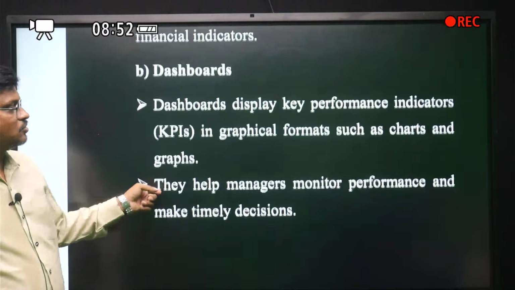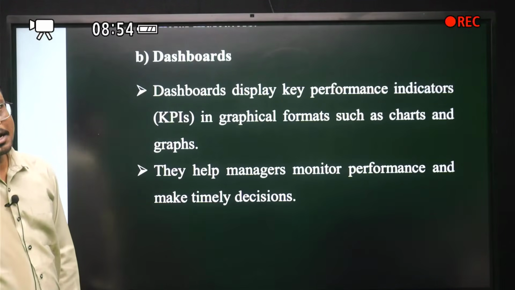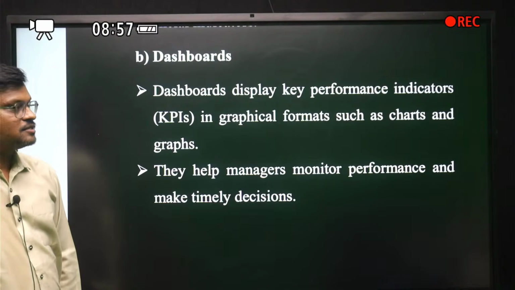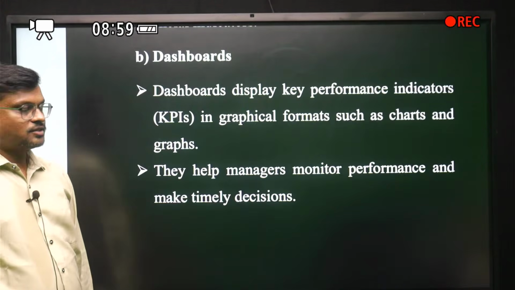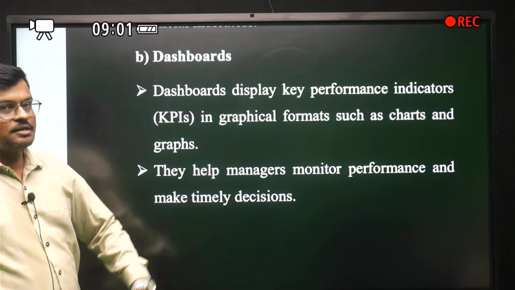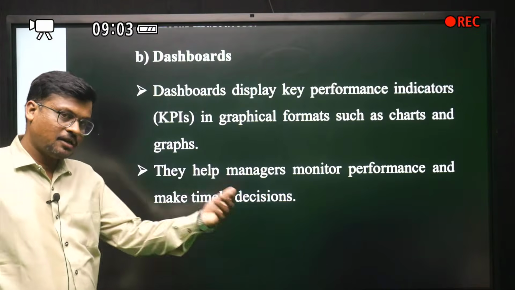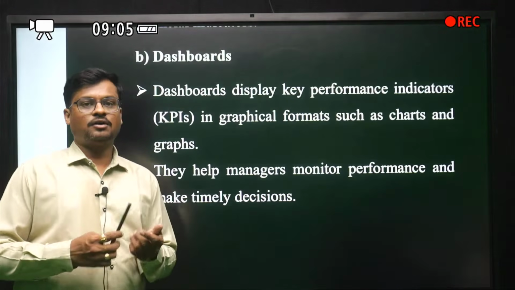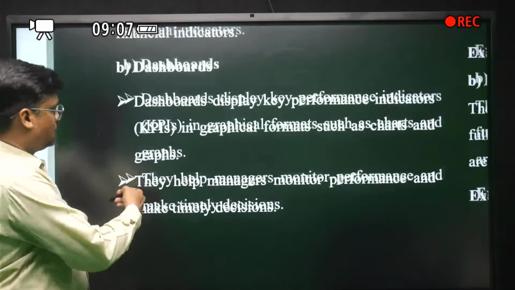The second one is dashboards. Dashboards display the KPIs in graphical formats such as charts and graphs. They help managers monitor performance and make timely decisions for the improvement of performance. Okay. The third one